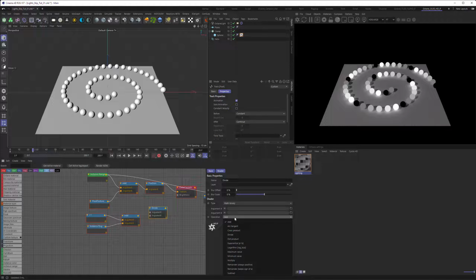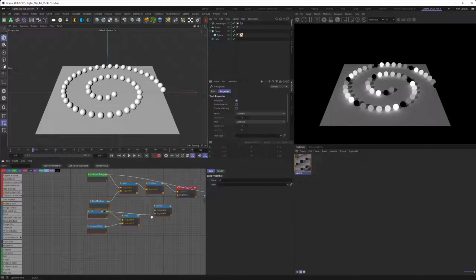And also set it to be a divide. And then we will use that +1 because it's the number of 1, and divide it by the number that this gives us, so 6. So we divide 1 through 6, and this will give us this number here.